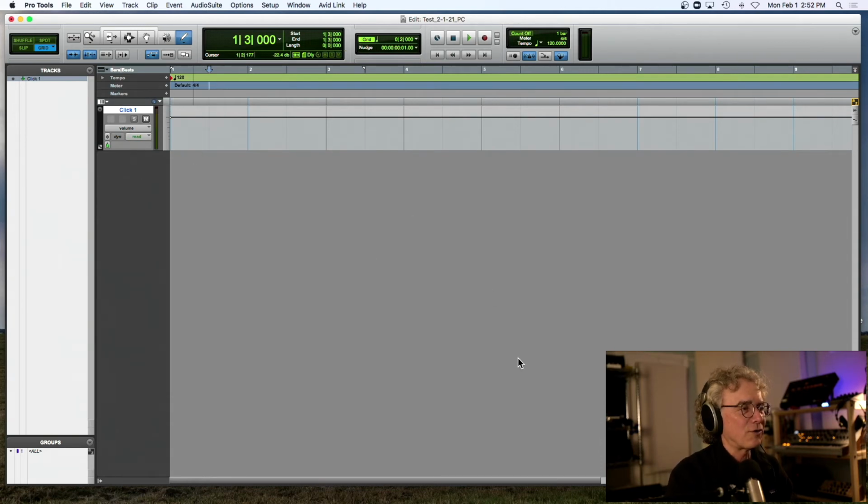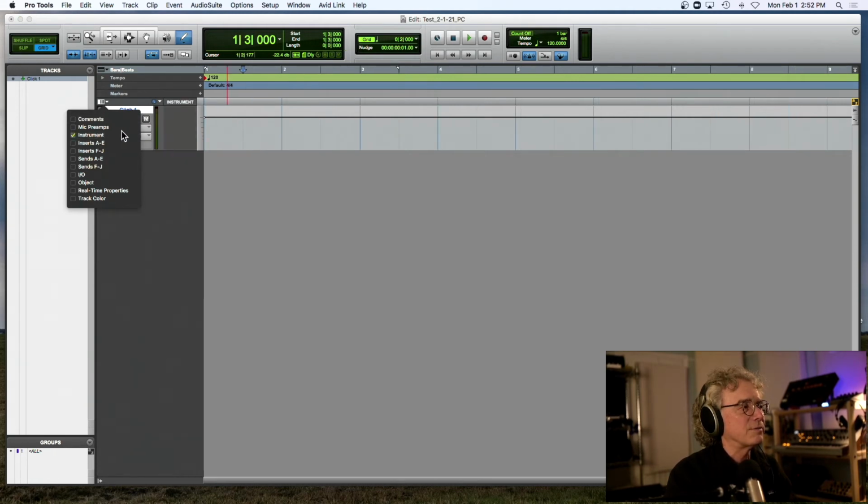Now, this is where all our tracks are going to be, down in this area here. So we've got a click track now. And we can click right here at this triangle to determine and define what we're going to see in the edit window view. So what we're going to use is instruments,